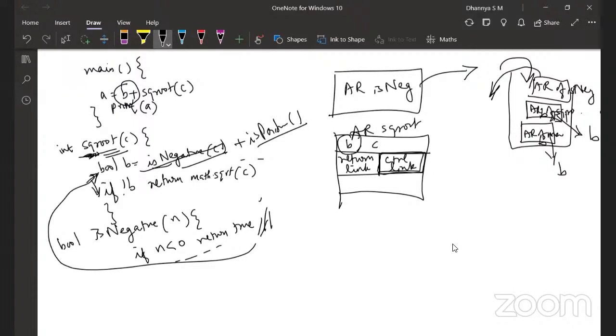Sure. The other question I had was, the control link is basically from the calling method or the parent method that's calling this, right? So it basically returns the control back to the parent method. Correct. The return link, however, doesn't have to necessarily be to the parent calling method, is it? For example, if you're trying to store into some global variable that's been called from some other method.